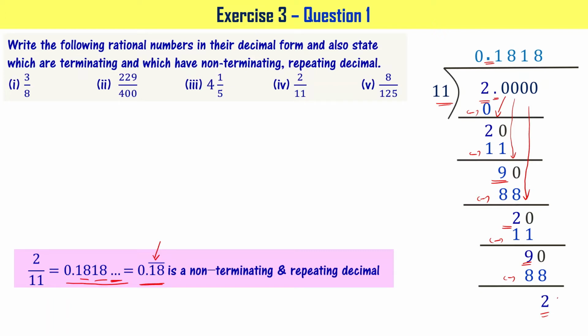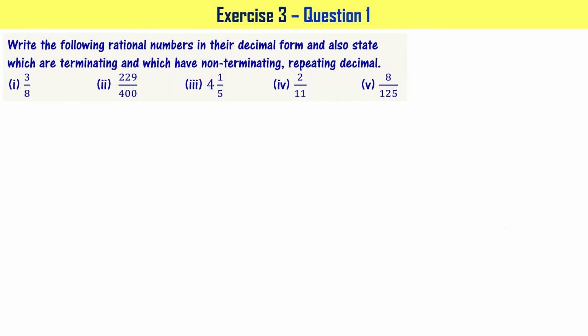And look at this, the remainder is not going to be 0. It is still some number, right? That's why we say that the decimal is a non-terminating and repeating decimal. Of course, here itself we are seeing the repeating decimal. The reason for non-terminating is that the remainder is not 0. If the remainder is 0, then the decimal is called a terminating decimal, right? Got it? Now let's look at the last part of the problem, that is 8 by 125.